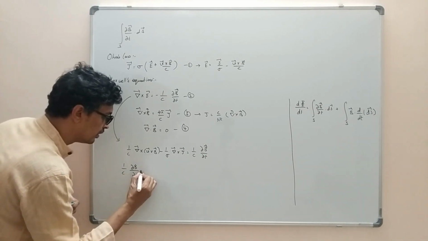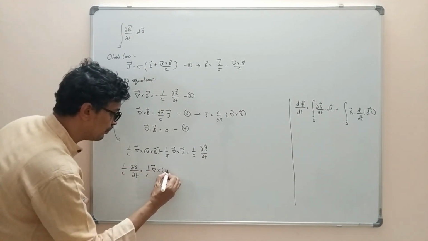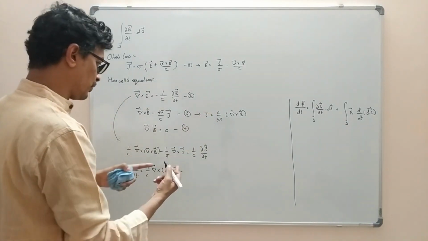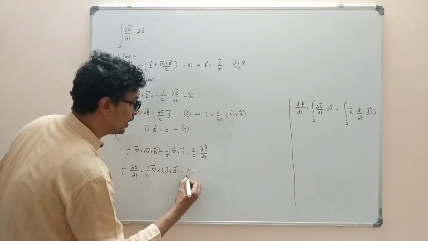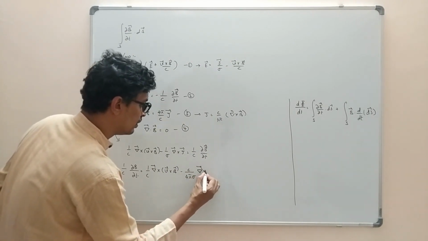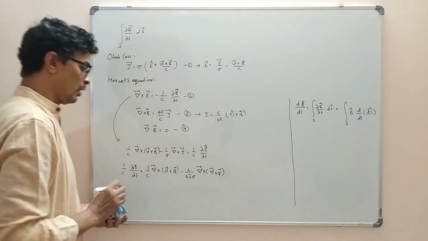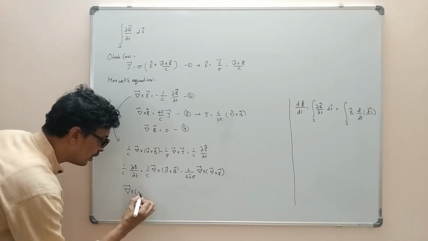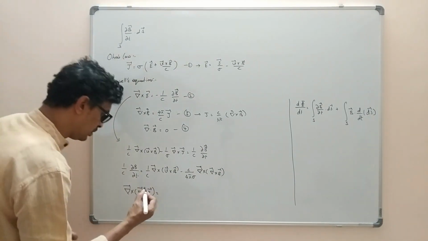So first I write 1 by C into del B by del T is equal to 1 by C into del cross V cross B minus, and J is going to be this, so C divided by 4 pi sigma into curl of curl of B. So now we know curl of curl of B will be equal to